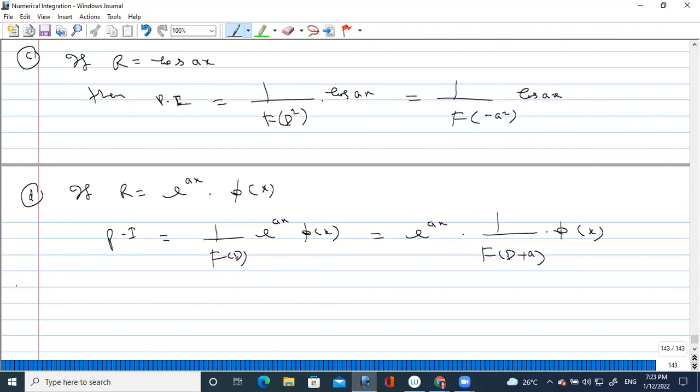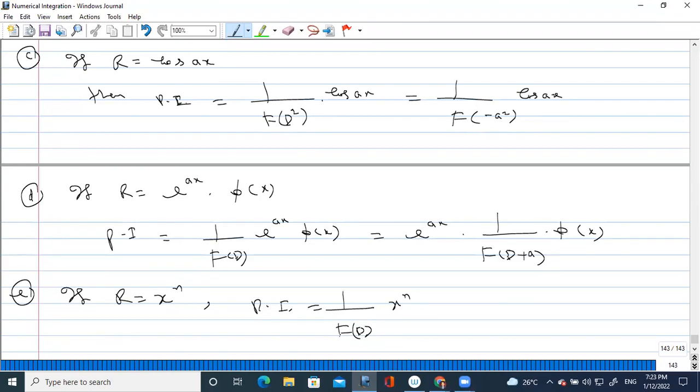Okay, now the next method is, if R is equal to x to the power n in terms of x, then your particular integral will be 1 upon F(D) x to the power n. So whenever it is x to the power n, what you have to do with this F(D)